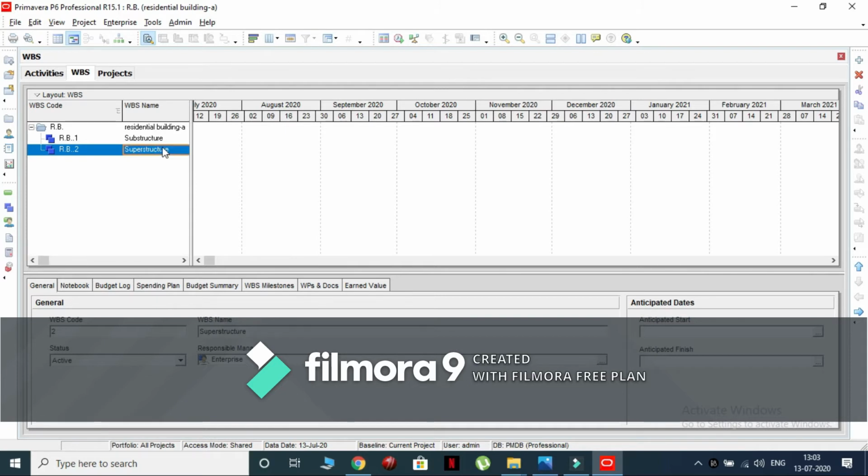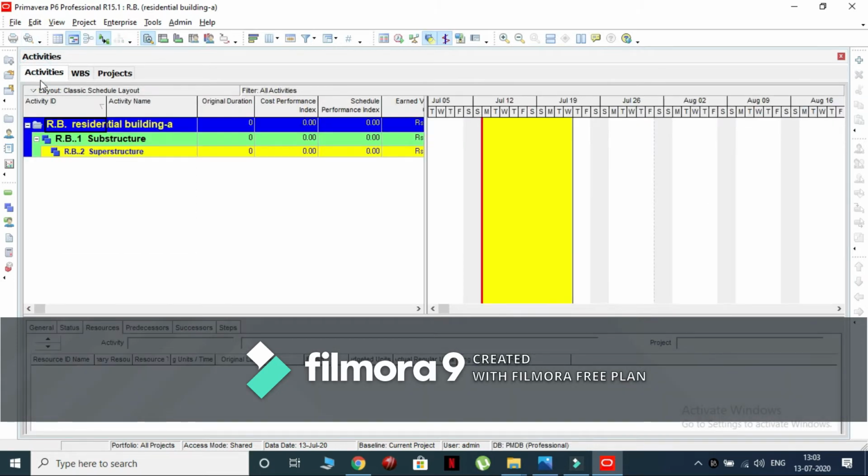Switch to the activities window as shown. Now, we will create the activities mentioned in the problem setup and the activities according to the displayed table earlier.